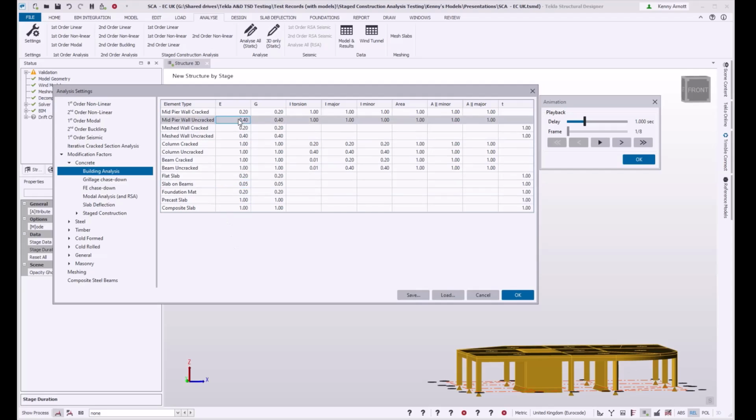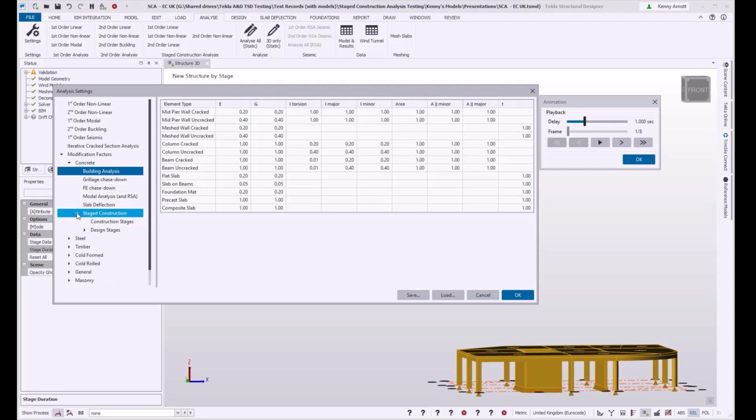With the focus here on concrete, for building analysis, the stiffness adjustments are reducing the stiffness quite a lot, and that's really targeted at second order analysis at ultimate limit state, and it's not necessarily appropriate for serviceability limit state, for wind loading and so on.